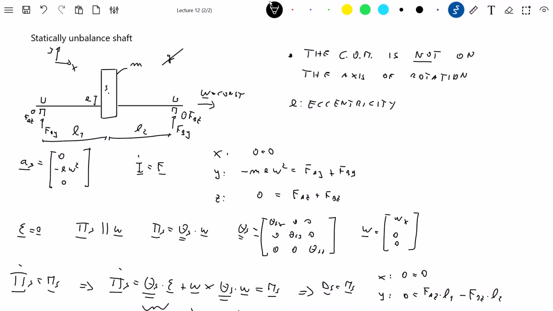So the force in the z direction is giving a moment with respect to y. With respect to the x-axis, we don't have any, all the forces are not giving moment because they are applied exactly on this axis, on the same line of point S. So with respect to point S, F_AY, F_AZ, they don't give any moment, but with respect to, wait,